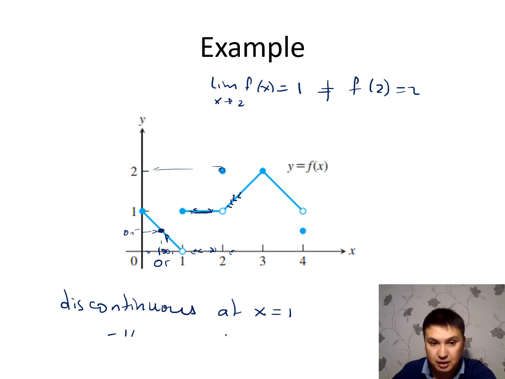So the same applies at x equal to 2. How about 3, right? If you approach from the left, if you approach from the right, you are approaching the same point, 2, and f of 3 is also equal to 2, right? It's right here, so it's perfectly continuous. So continuous at 3,